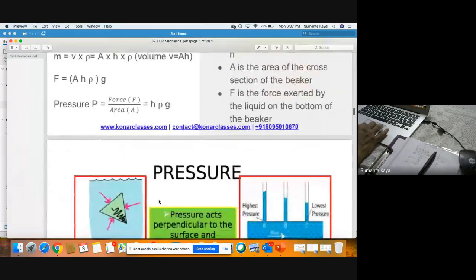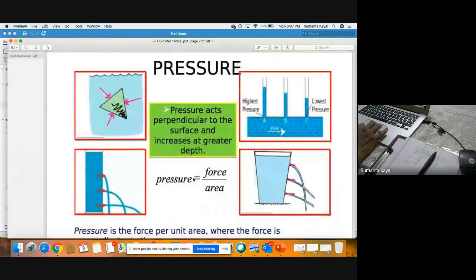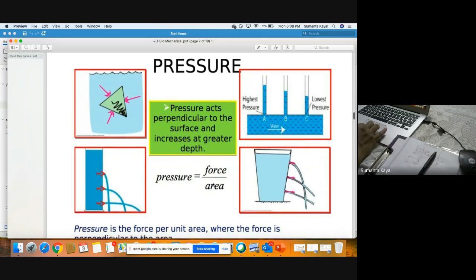Now the main point to remember, and this is a very common example you will see in our books also: if you put a hole at the bottom, the amount of liquid going out this way means it has more pressure, but if you go upwards, the depth is coming less, so it has less pressure. At the top it has the lowest pressure. So we all know that, though